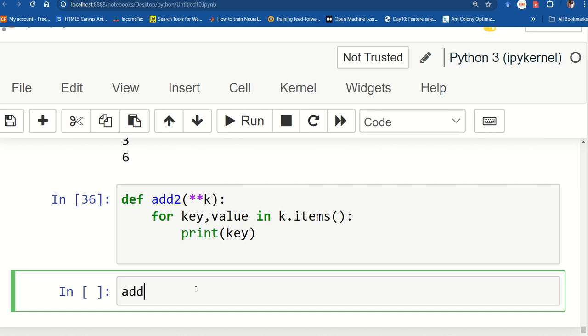I'll write add2. Now because it is a key value pair, I have to define a key and a value associated with it. So I'll write name colon ABC, comma age colon 12. Now when I run this,